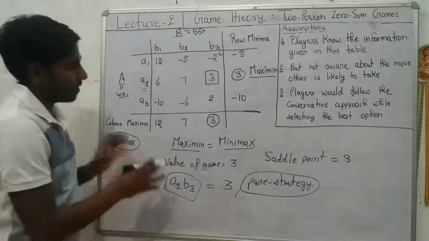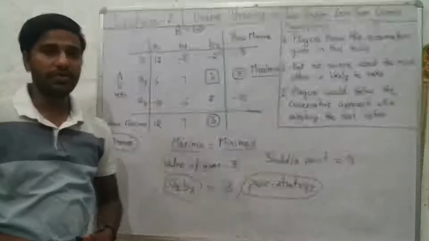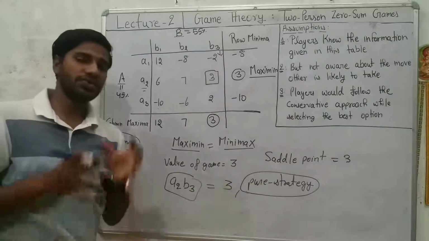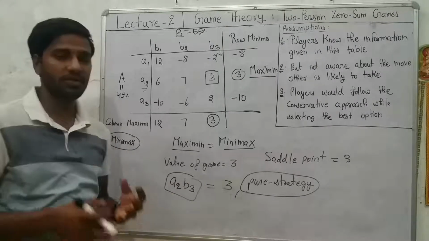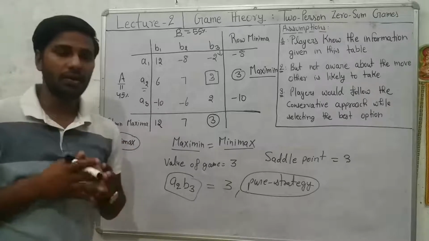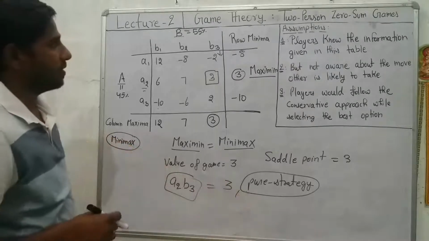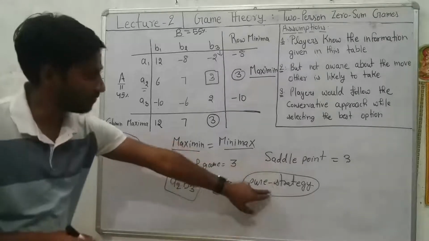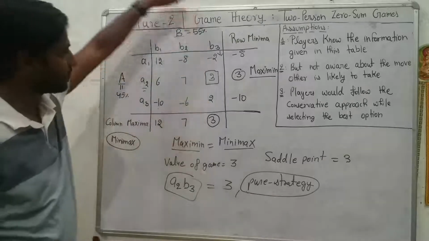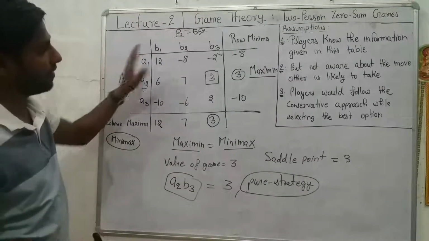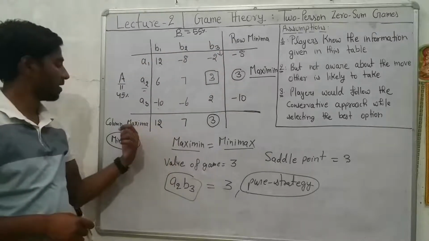So in these kinds of situations, the players follow a conservative approach. It means they are going to avoid the most negative outcome for them by minimizing their risk. They are not focusing on maximization of the profit. They are just minimizing their loss. Okay. So this is the balanced kind of game problem in which we have a saddle point, we have pure strategies, and we have maximin equal to minimax. So remember, for A we always calculate row minima, and for B we always calculate column maxima.